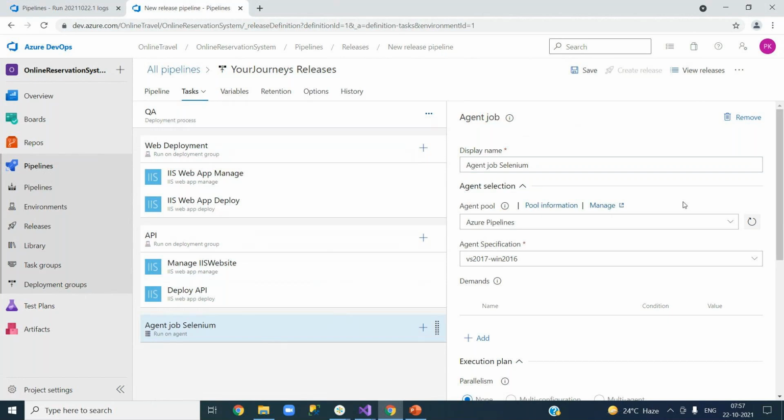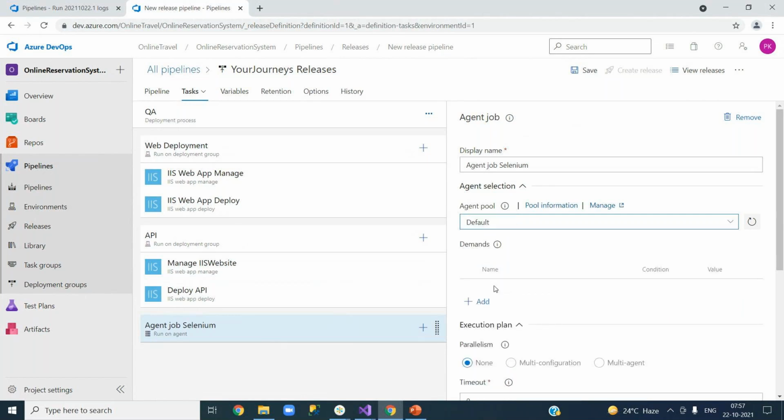And what is the agent pool you are going to select? Azure pipelines means your Microsoft hosted agents. So far, this is what we were selecting in our CI and CD. Now we are going to select default. Right now, basically it should be saying default 0 basically, but I'm using the old